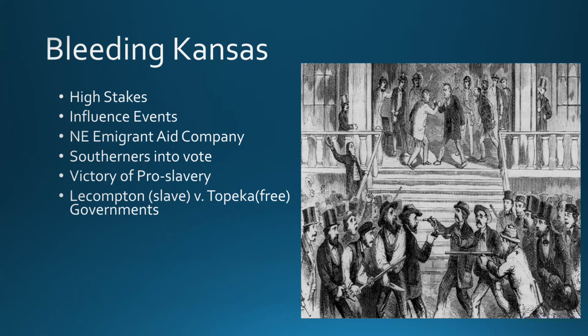And literally what we have here is a situation where we have these two competing governments existing in the state, and really no direction of what's going to happen here, neither side willing to back down. It's actually absolute madness occurring in the state. So much so does this go on that violence will erupt. We see this in the image, but specifically in the town of Lawrence, where some pro-slavery groups will come in and burn down some buildings and other things like that.